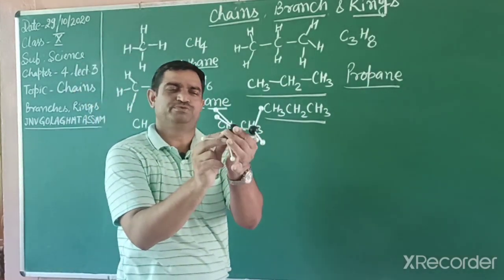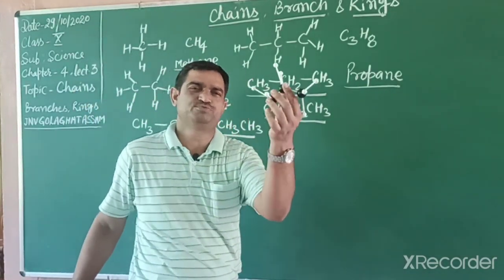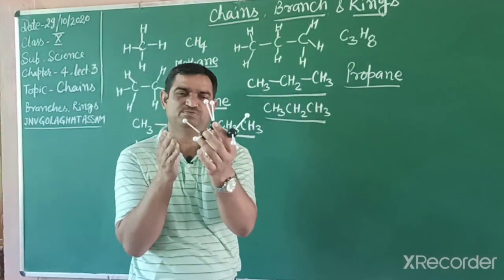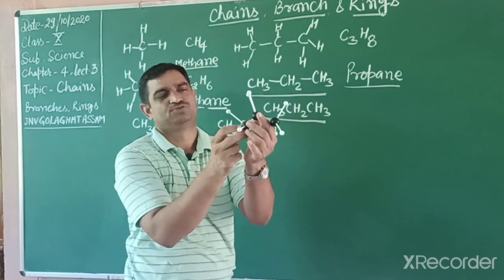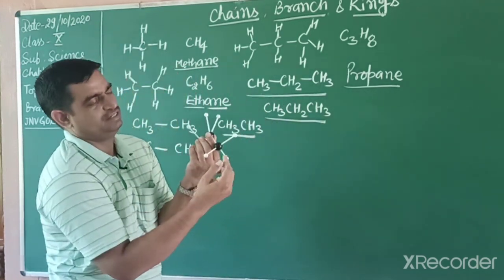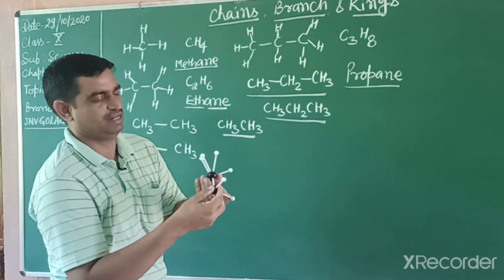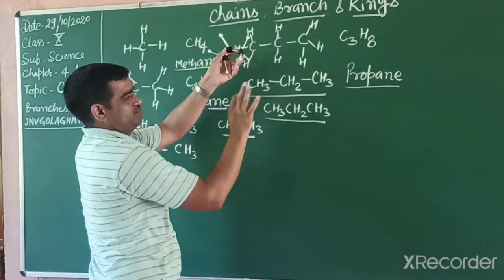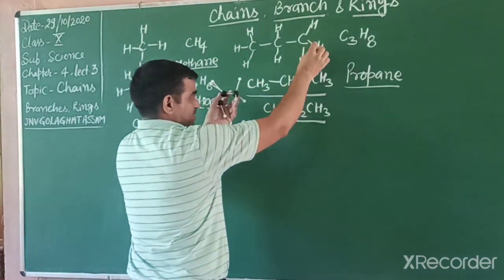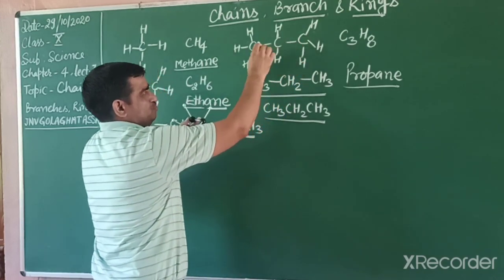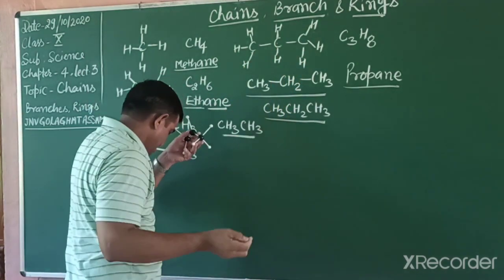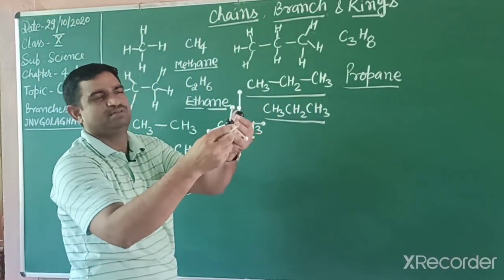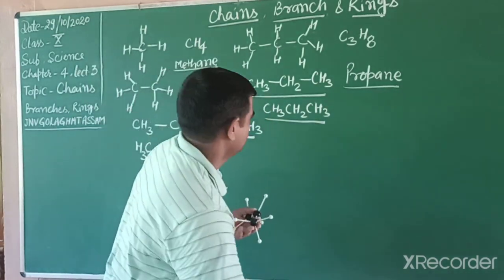Students, now you can see two types of hydrogens. If I start from this side, 1, 2, 3, this is also the first carbon. If I start from this side, 1, 2, 3, that one is also first. So these 3 and 3, total 6 hydrogens are equivalent. I can start counting from this side, 1, 2, 3 or 1, 2, 3. Both sides are equal. So students, if we want to add, then two situations.